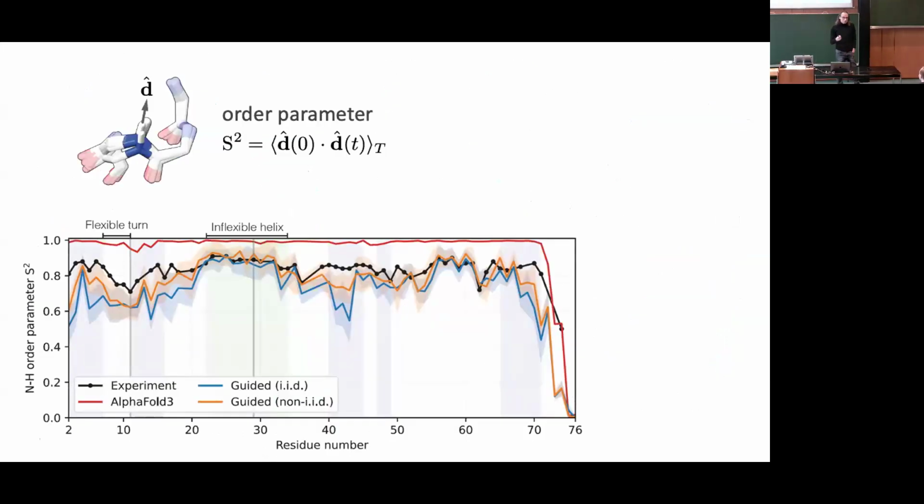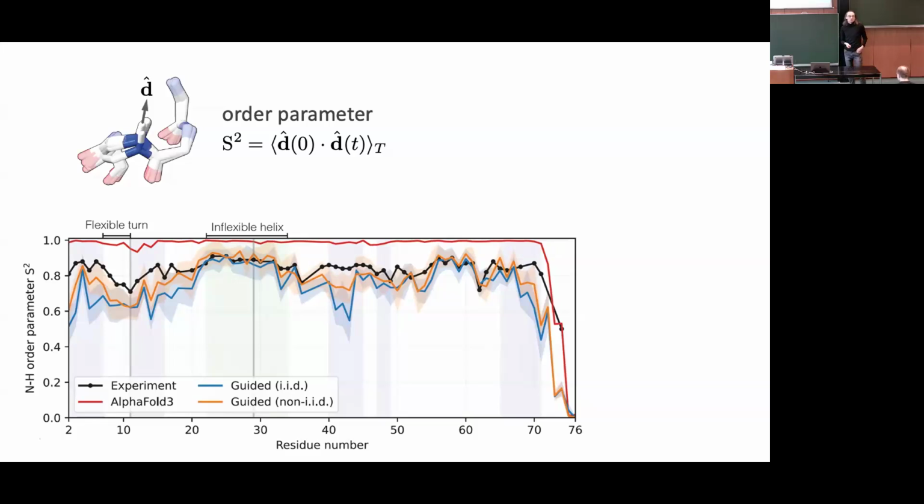Another interesting thing is some additional validation. NMR can measure many cool things. One of these things is the distribution of the direction of different bond vectors. For example, this is a very convenient bond because you can isolate it very well in NMR experiments. This is the amide bond, nitrogen to hydrogen in the backbone. Right? So every backbone has a nitrogen and the little hydrogen that sticks out of it. You can actually look at the unit vector in the direction of this bond, and with NMR measure